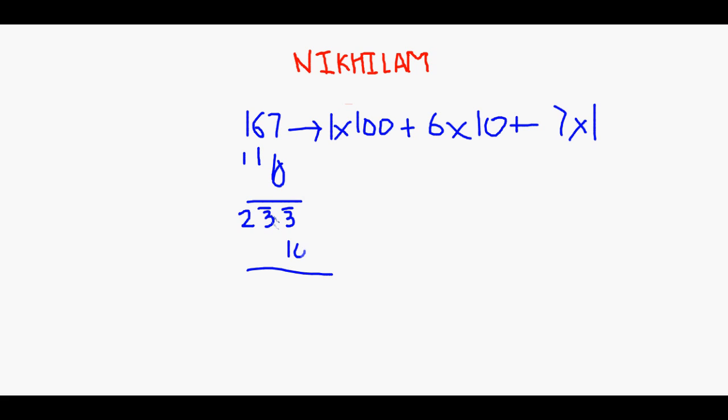If you subtract it from 10, we will get 7. 1 bar will be given to the next digit, we will get it as 6, and again 1 bar will be given to the next, and we have retrieved the number 167 again. Now we will see the next example in which we will use this method.